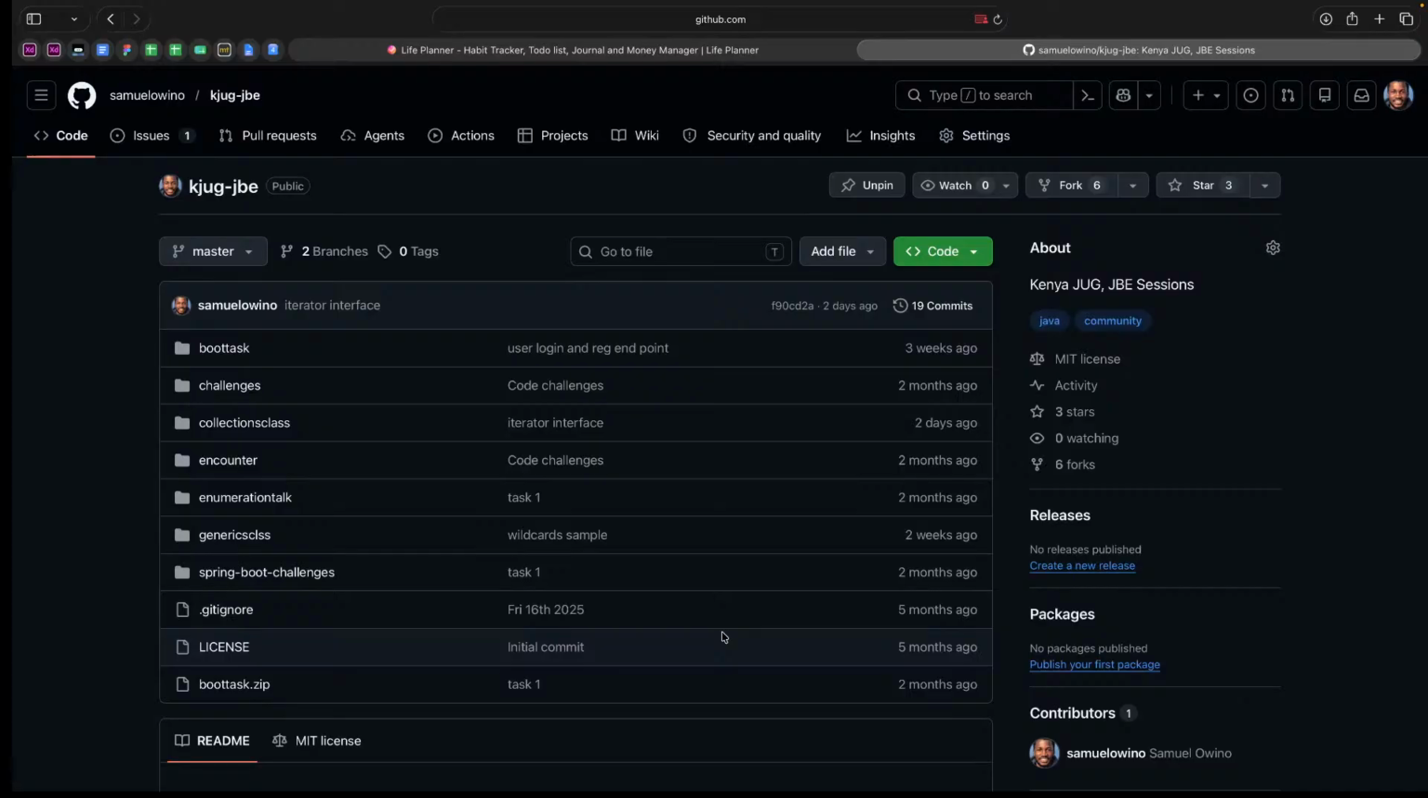Otherwise, today we will be going through the next step, which is looking at actual collections within the Java collections framework. So one thing I was mentioning is that you can find source code for previous classes under this GitHub repository,